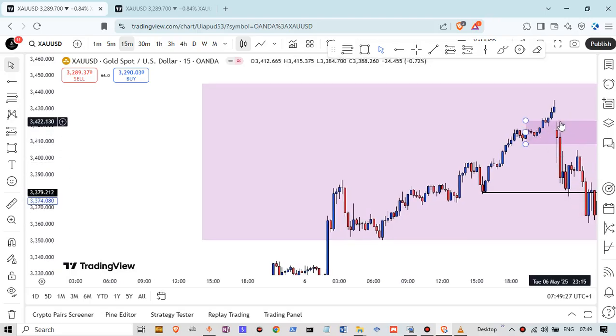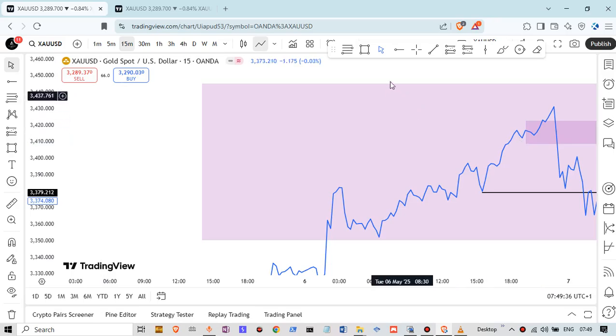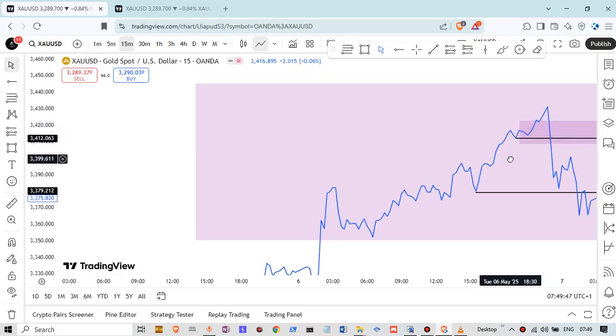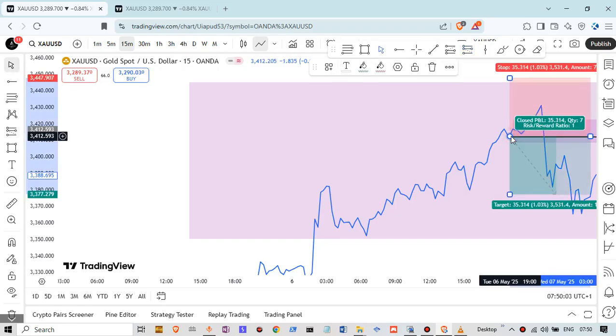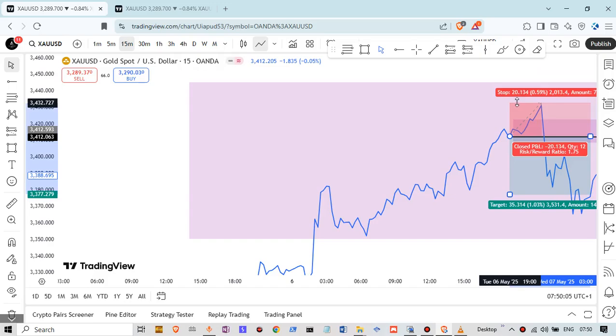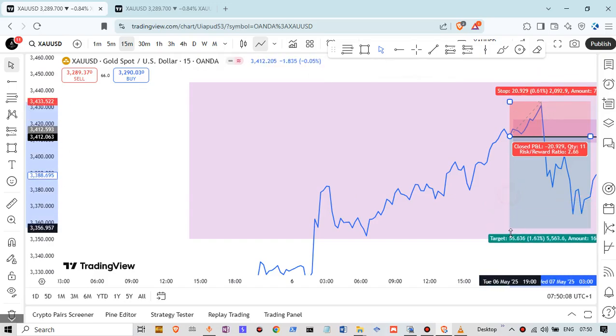Now my plan is to wait for price to come back to this area. You see where my mouse is pointed. If I turn it to line chart, you can see that there's a level there, so I'll just put a line there. Now I can delete this line and put my projection, or you can say your entry. So let's say I put my sell limit there, put my stop loss over there, then probably extend the target down a bit.